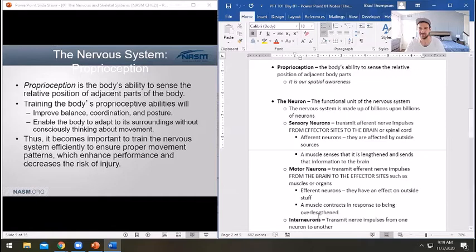Yes, I understand it for the most part, but I'm wondering, say if you were to touch something and it's hot, what comes first? Is it the motor, sensor,